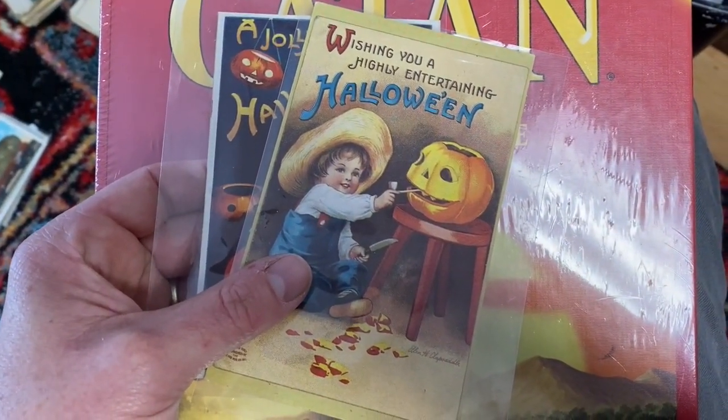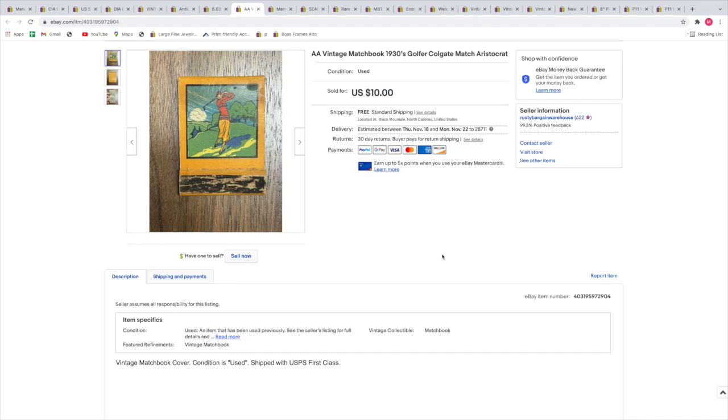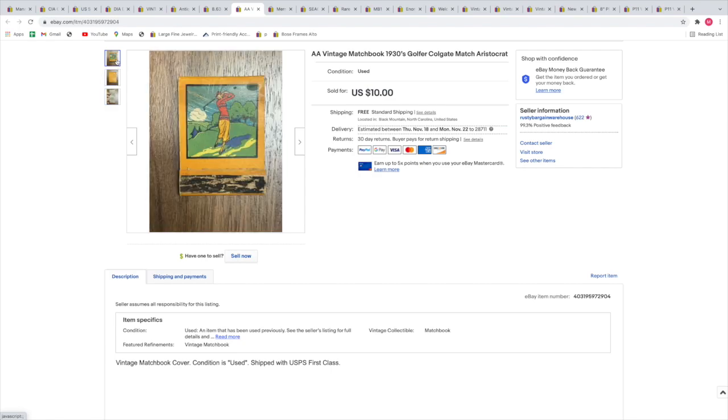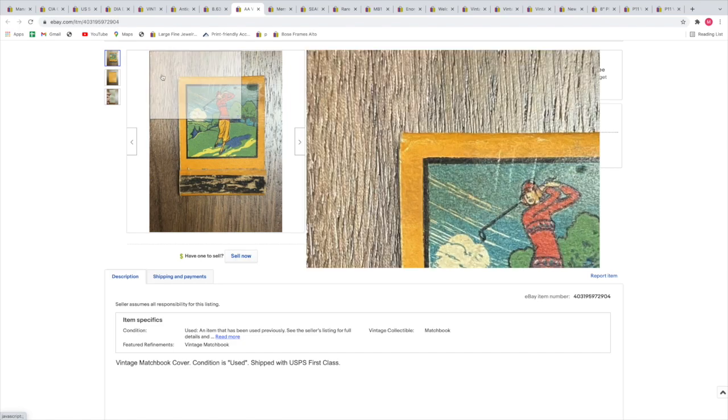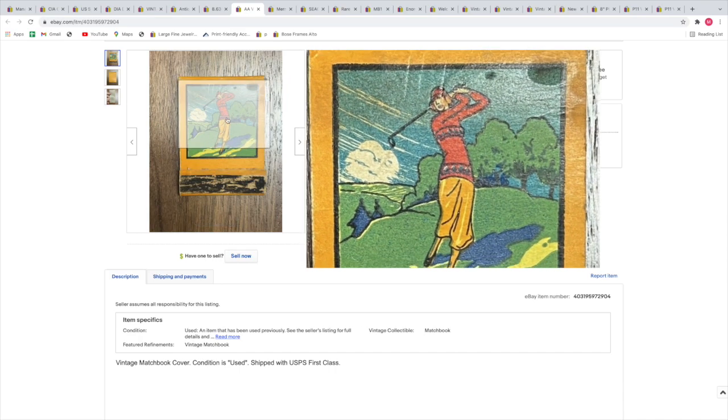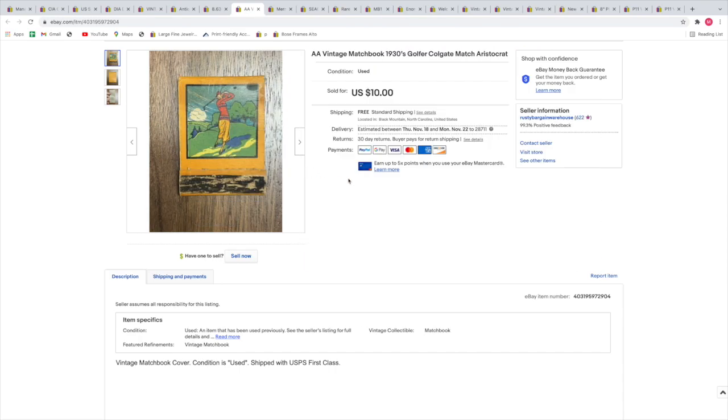Clapsaddle postcards. Another one of these matchbooks sold. Friends, we're selling them every week. This is one that doesn't even have any matches inside of it, as you can see. This is by the Colgate brand. It's Colgate Match, they call it, but it's by the Diamond Matchbook Company. And it's just an image of a woman playing golf. Really cool old image. This is from probably early 1930s. This one sold for $10, free shipping, so shipping probably cost me close to $3, so $7 off of